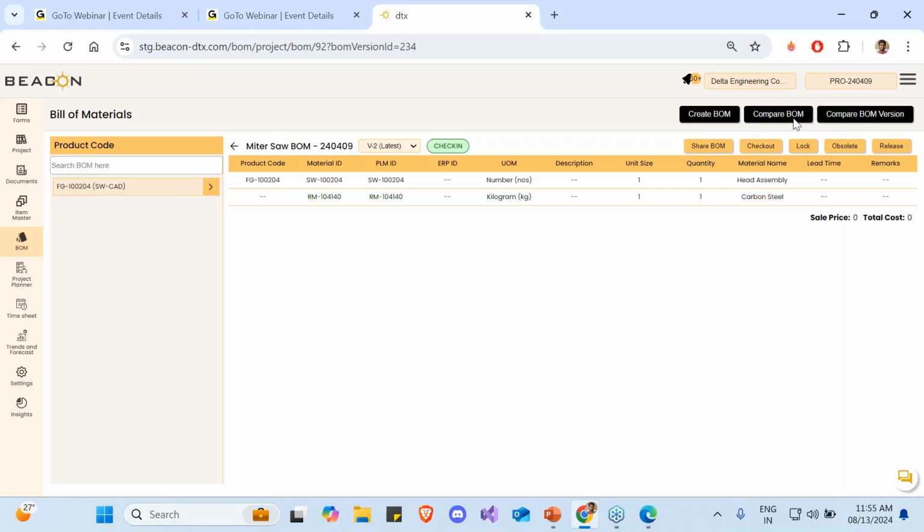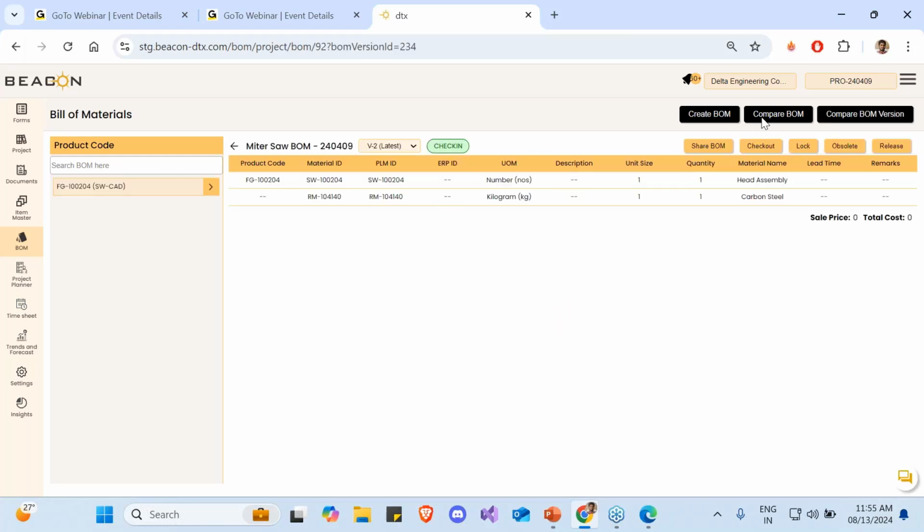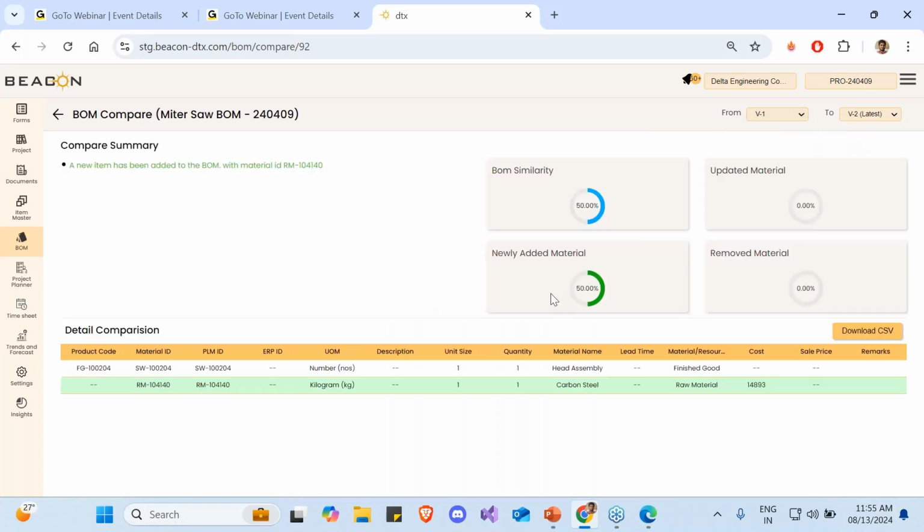So there are two types. When you have multiple BOM names, like in this case where we have three different BOM names, you can use compare BOM to see the difference between SSG1, SSG2, and the other one here, or within this version. If I want to compare both versions, I can select from version 1 to version 2.